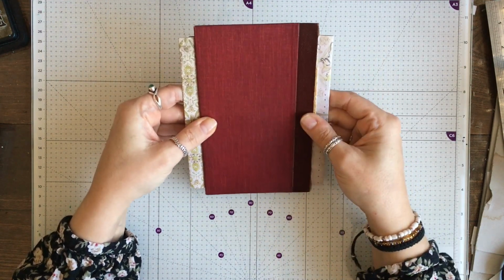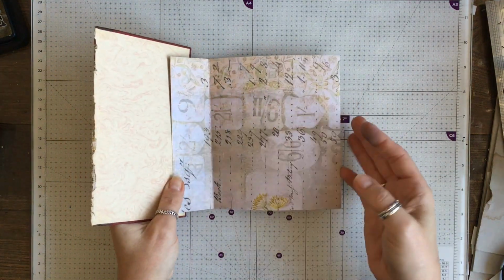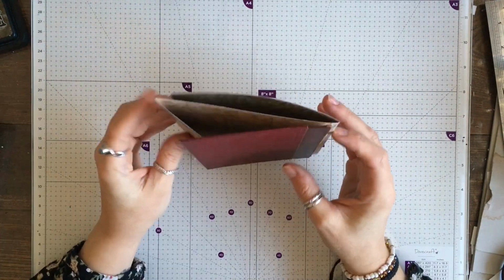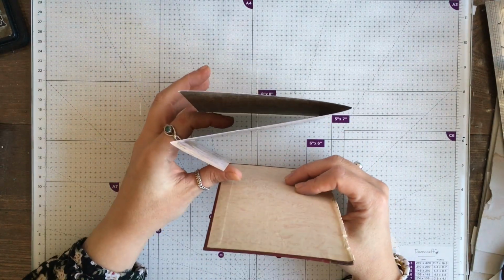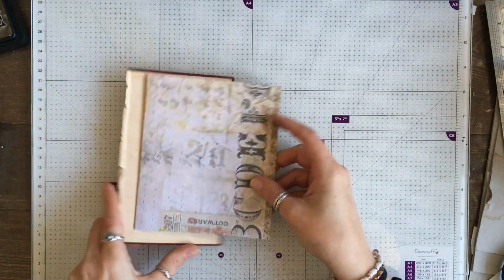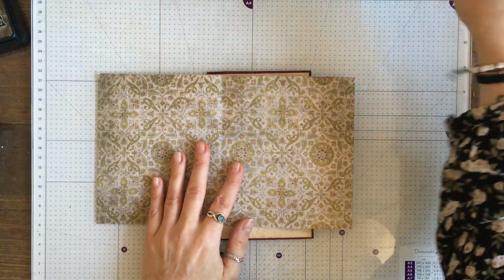So we're going to have something about that size, which is a nice size. It's actually a little bit bigger than the tag book, but that's great because we'll have more room in the pockets. So we have a fold and the fold here. We currently have that. So what we now need to do is, I'm going to keep that piece because I really like that. I'm going to go for